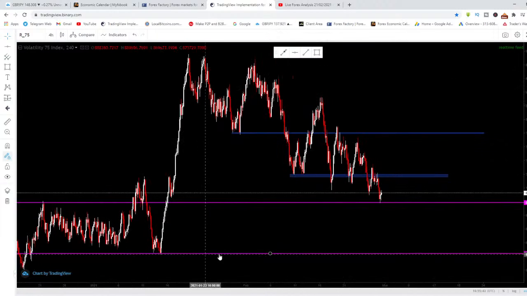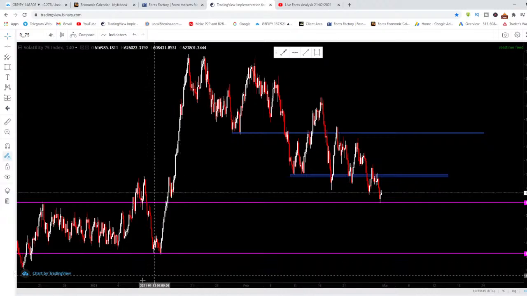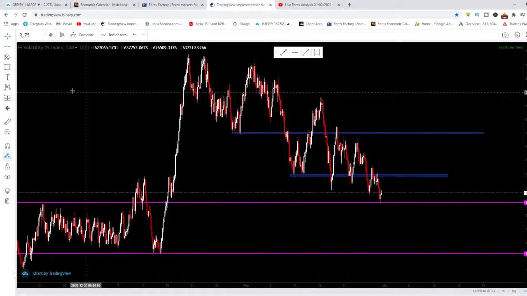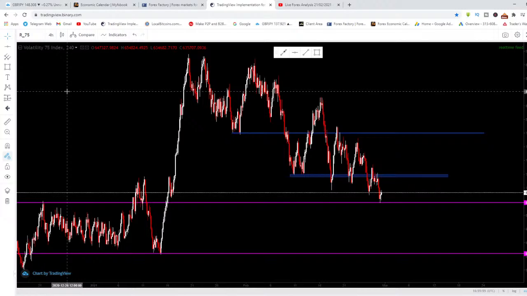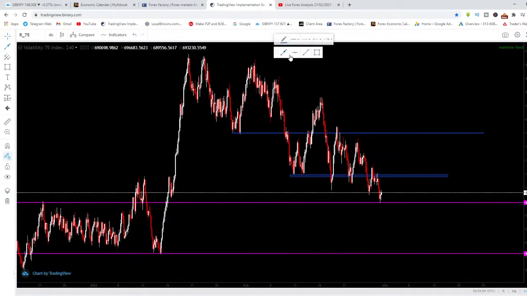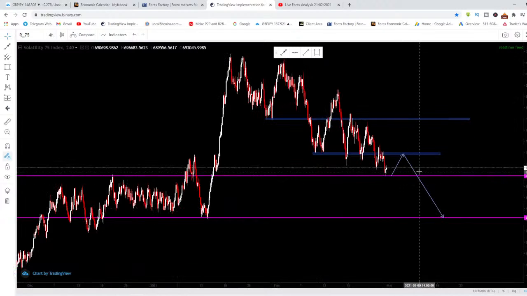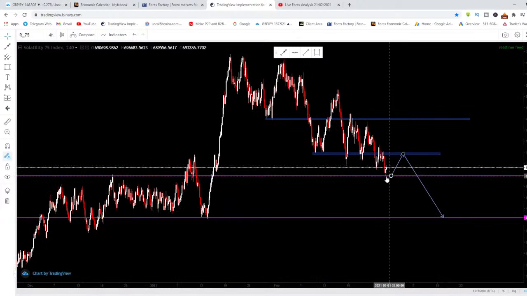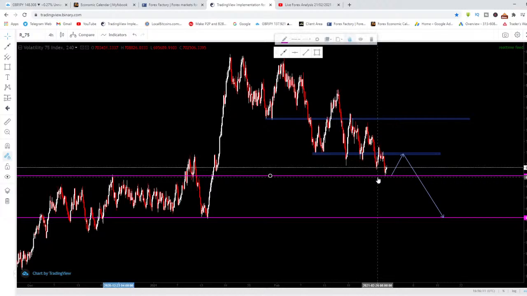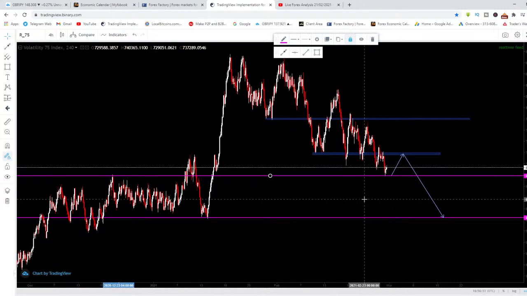So since this is my final target on volatility 75, what am I expecting from this pair to do first before I say it's going to go back down for a continuation pattern? What I'm waiting for is volatility 75 to come up to this level before I see a push back to the downside. But before it does all of this, expect it to break out of this level first, which is around price 6786.